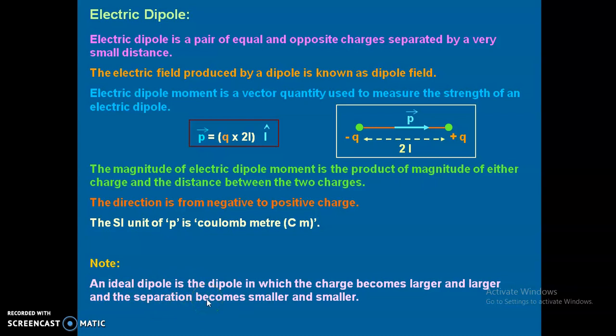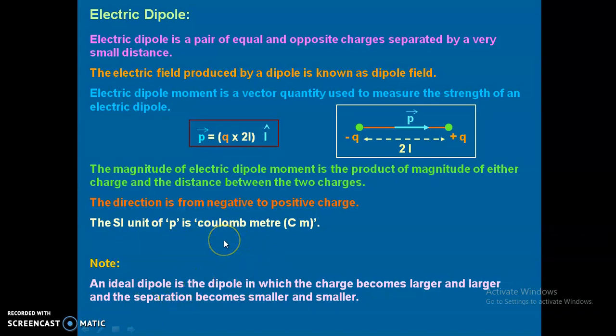So in this video lecture we have gone through the remaining left out properties of electric field lines, the very important electrostatic shielding, and we have introduced the electric dipole also. What is an electric dipole? How can we express the electric dipole moment? And what is an ideal dipole, right?